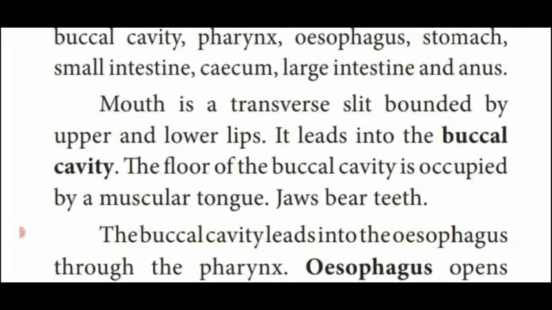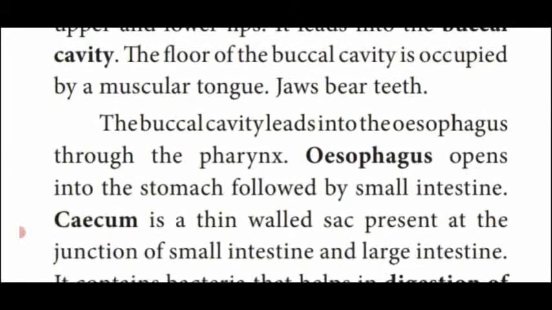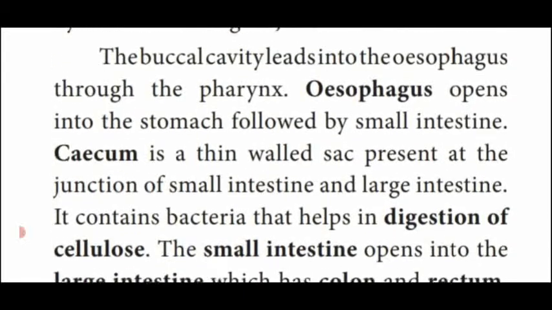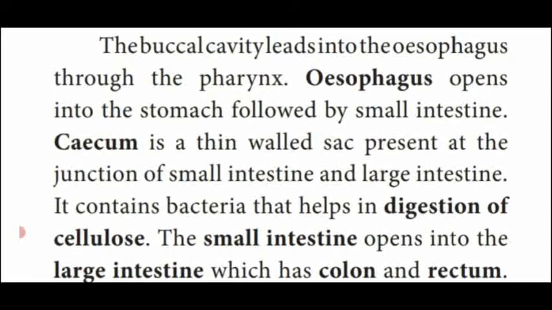The mouth contains an upper jaw and a lower jaw which bear the teeth. Then the buccal cavity leads into a small pipe-like structure called the esophagus through the pharynx. The esophagus, or food pipe, opens into the stomach,